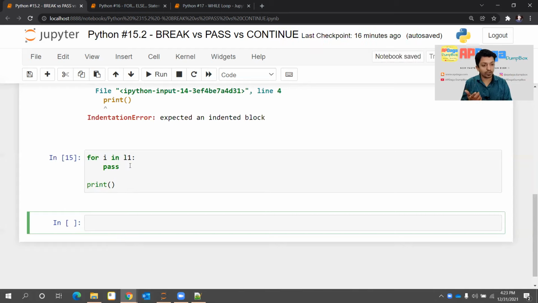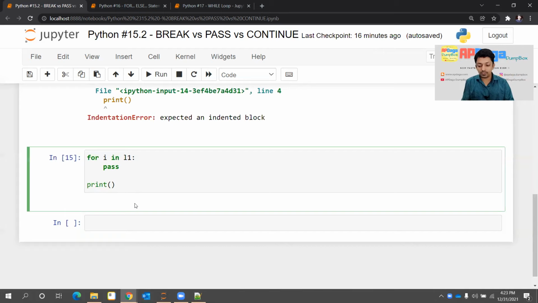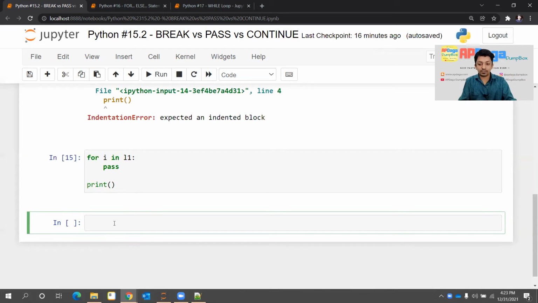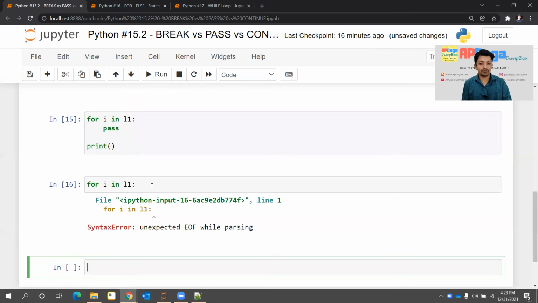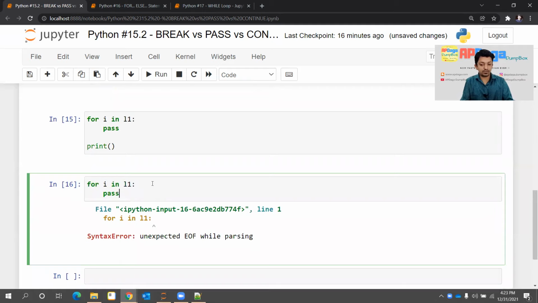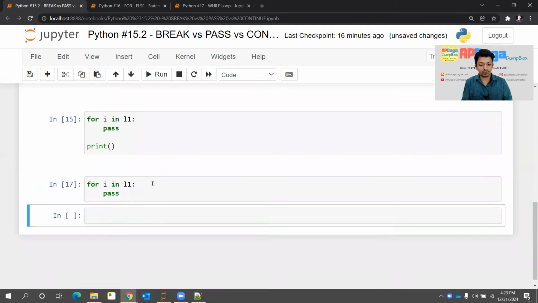Instead of pass, there is one more option. Actually, pass is a keyword. Instead of pass, I can do one more thing, that is for I in L1. See, if I execute this, it is throwing an error. If I write pass, the syntax is fulfilled, so it will not throw any error, even though pass won't do anything, but it is a keyword. Instead of pass, I can use None.